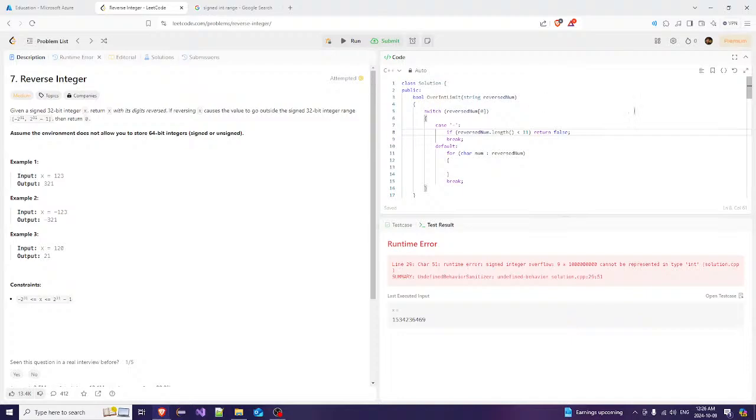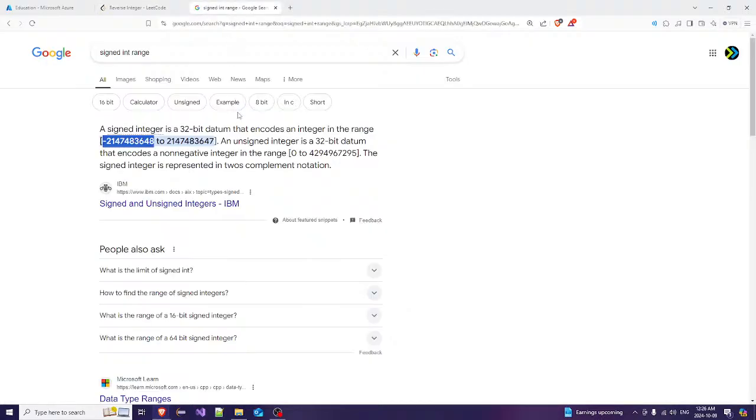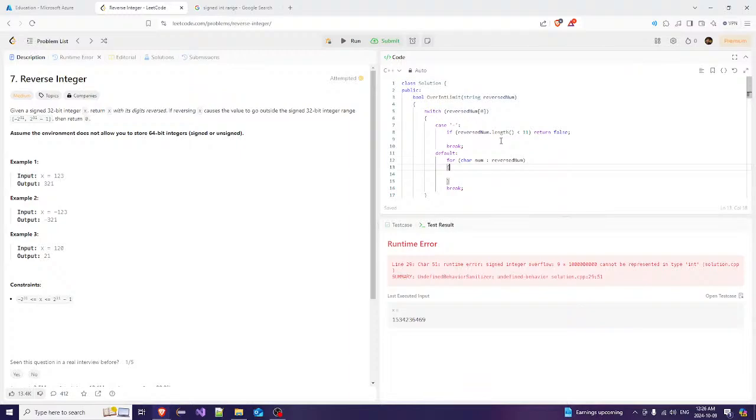Okay, that's it. Otherwise, we'll have to do some stuff. Here it's going to be 10, I believe. So 1, 2, 3, 4, 5, 6, 7, 8, 9, 10. So here we're going to say if it's less than 10, return false. It's not over the limit. However, if it's equal to that, we're going to say